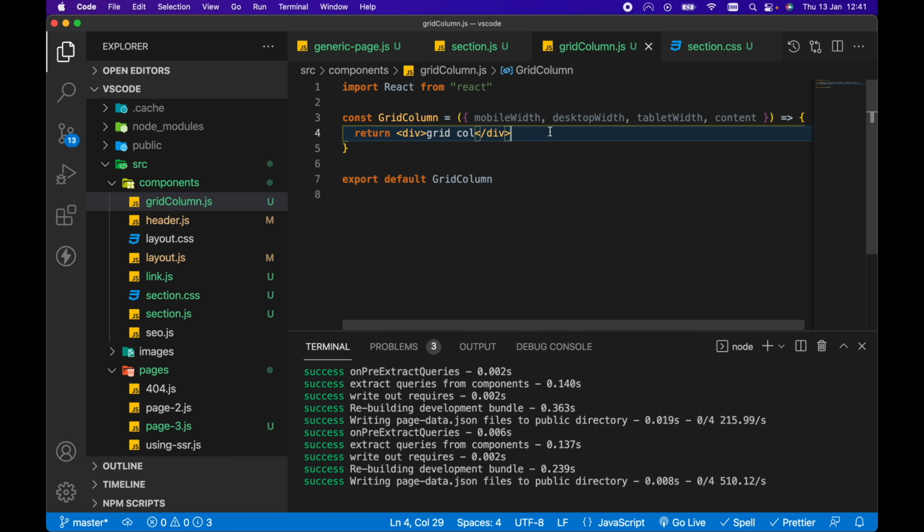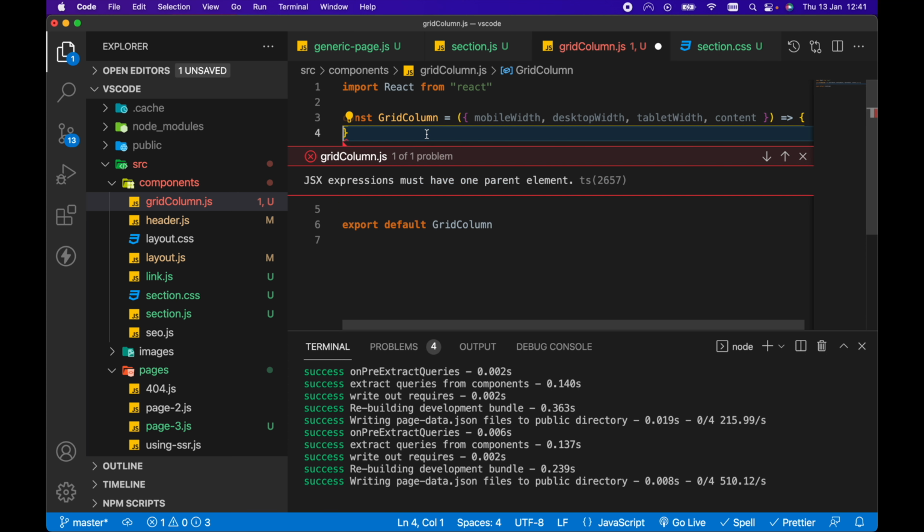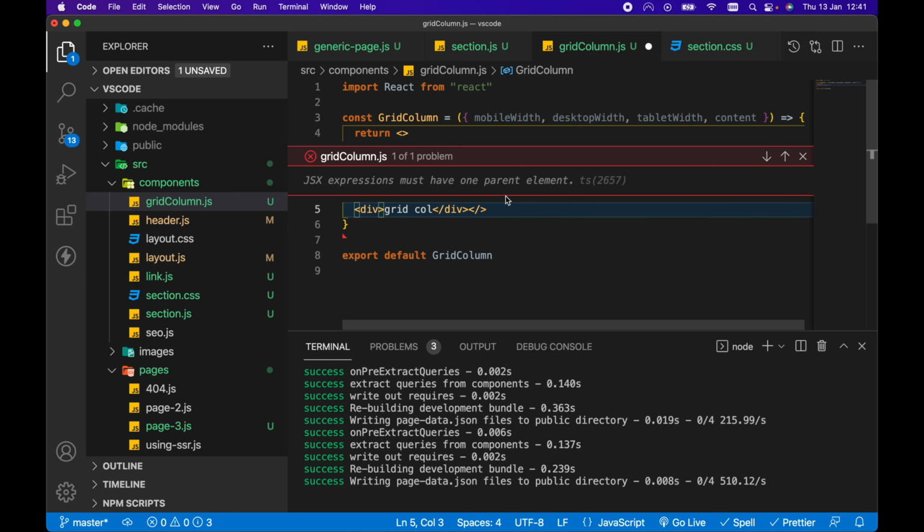So from here, we need to render our different widths for different screen sizes. Now, there's a couple of different ways we can do this, and this is why I really like working with styled components, because we could just pass in each of those widths and create dynamic classes and styles for those different media queries. However, I'm going to stick with plain CSS for this, and it's not going to be the prettiest solution. However, it's going to look fairly straightforward,